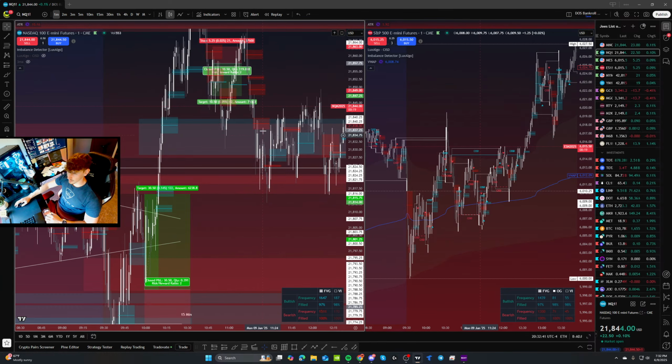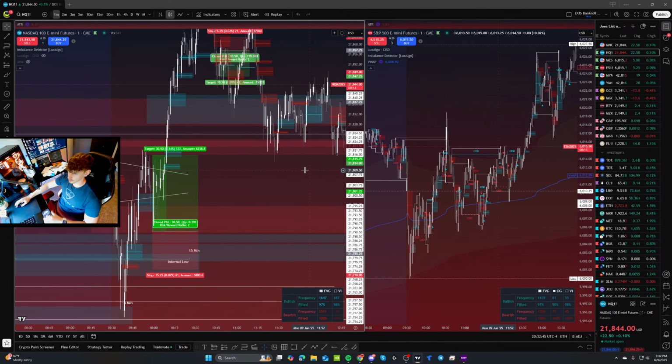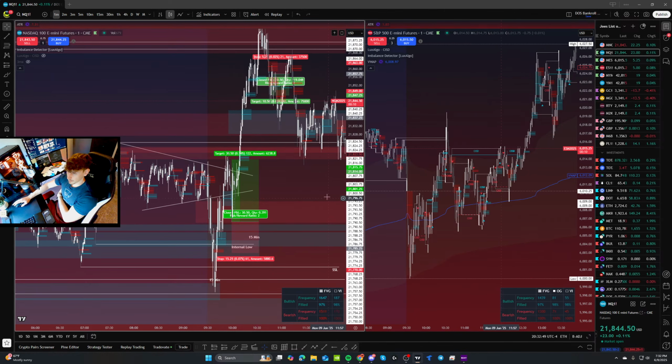One of them I took, one of them I didn't. I should have taken both of them. Let me go over really quickly the one that I didn't take. This one was over here first. I really liked the way the price broke out of this triangle right here, this trend line. We got a trend line breakout, which is what I traded a long time ago. It's not what I trade now, but it's just additional confluence.